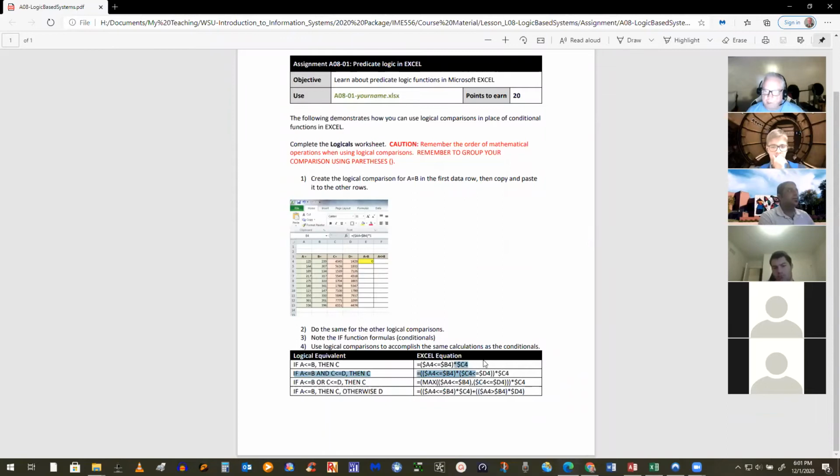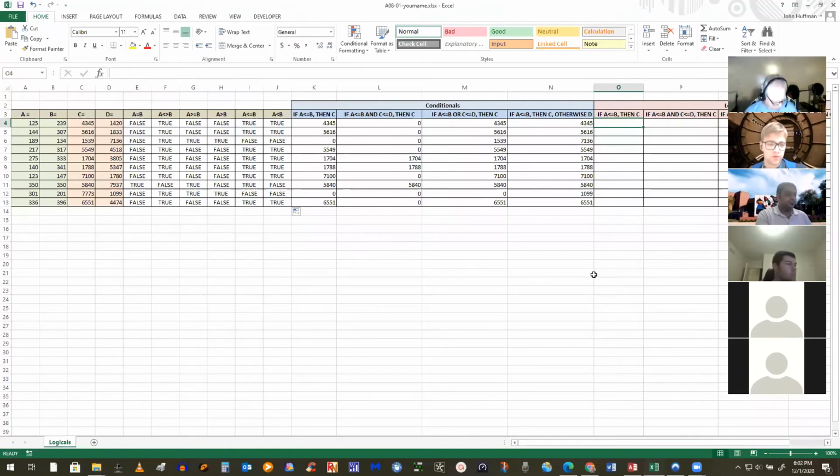If you just want to copy it over, you can highlight it. I'm just going to copy it right like that. And I'll explain it to you when I get over there. All right, it's already evaluated for me. But if you look at this right now, what does that say? If A is less than B, it's either going to evaluate to 0 or 1, right? If it's true, multiply it by C. This is the same thing as saying if A is less than B, then C. Look at this as I copy it down.